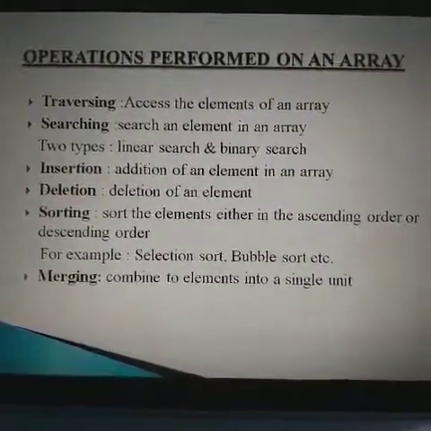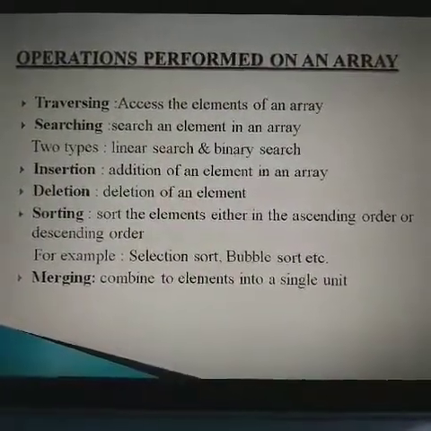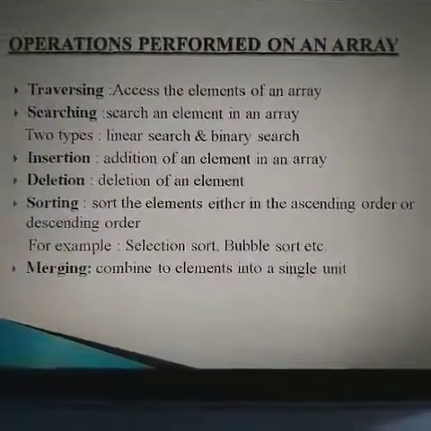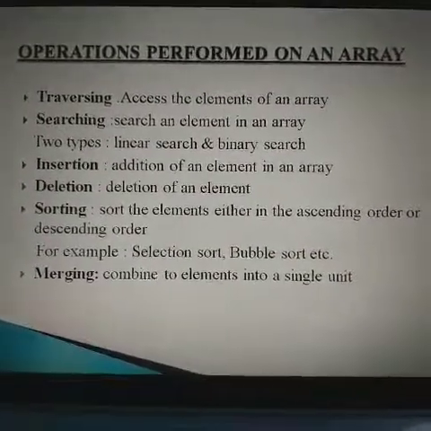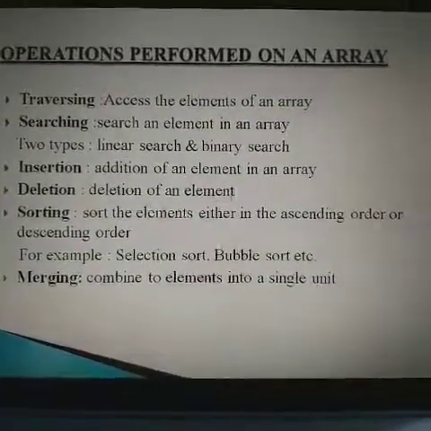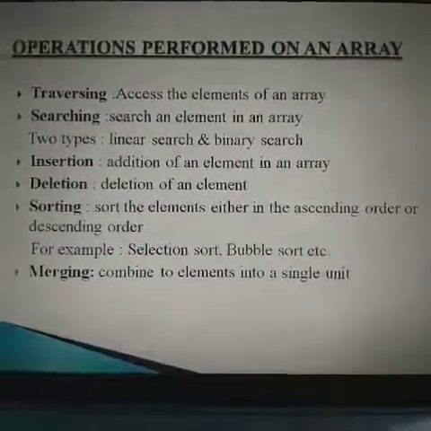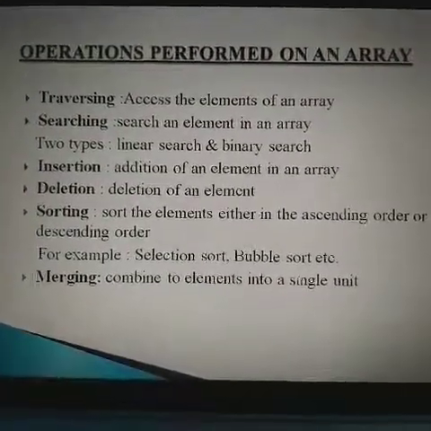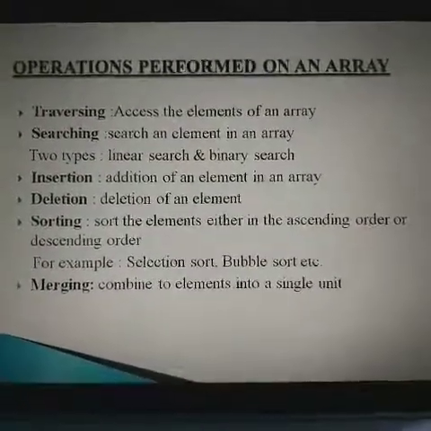A simple example: if we take an object like an apple, we have 5 apples and we have to touch each apple one by one. So we have to pick each apple one by one, and all the apples should be covered. This is the traversing process in which we touch all the objects. In the same way, all the elements of an array are to be printed. So this process is known as the traversing process.